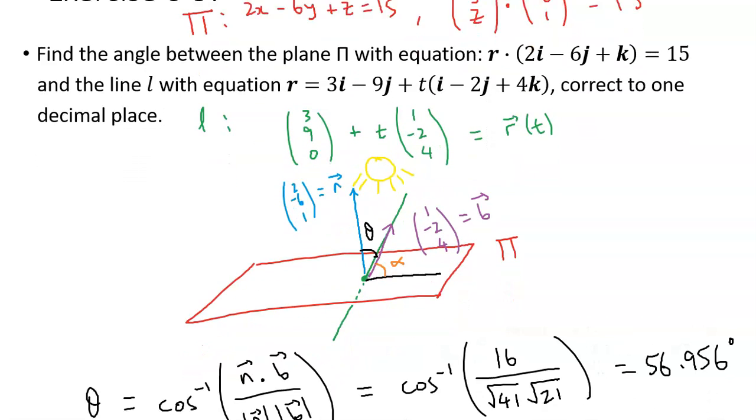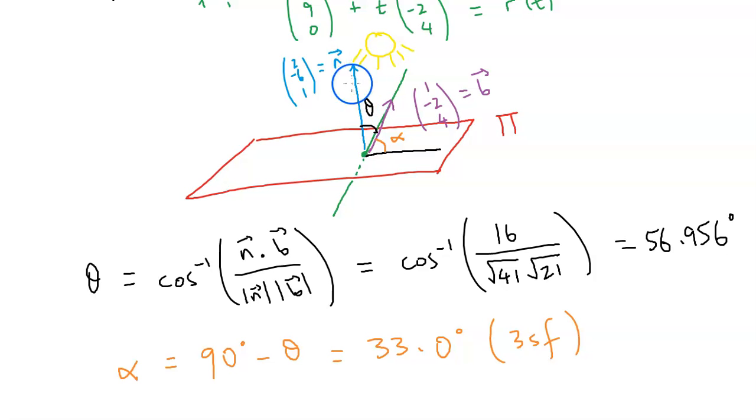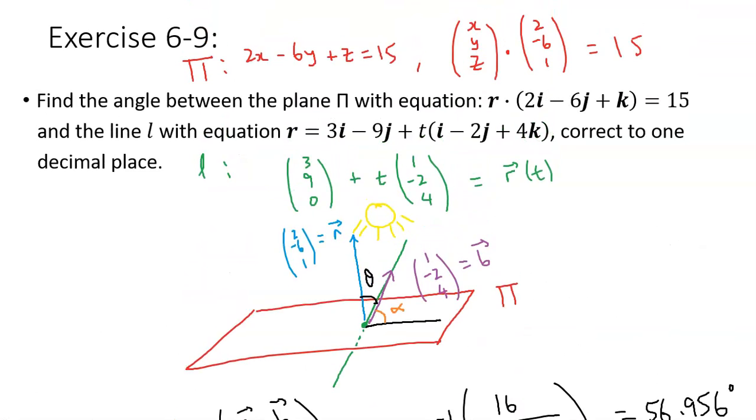Okay, so that's how to find the angle between a line and a plane. Now it says here